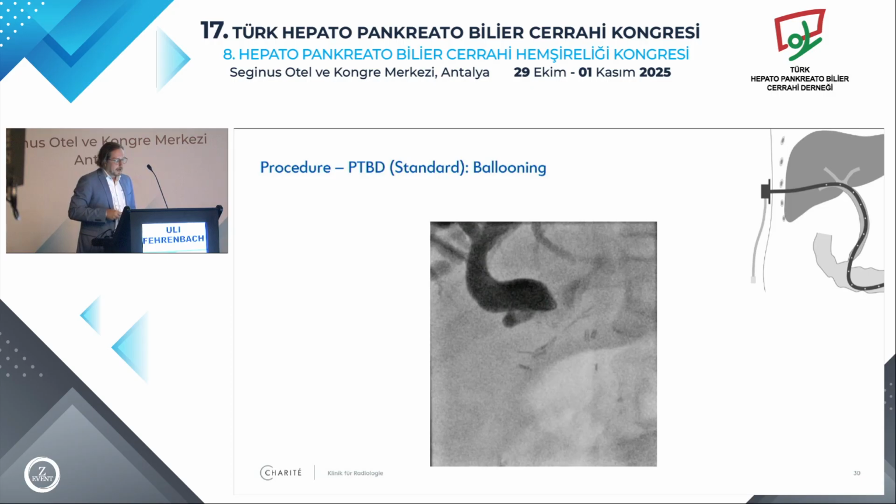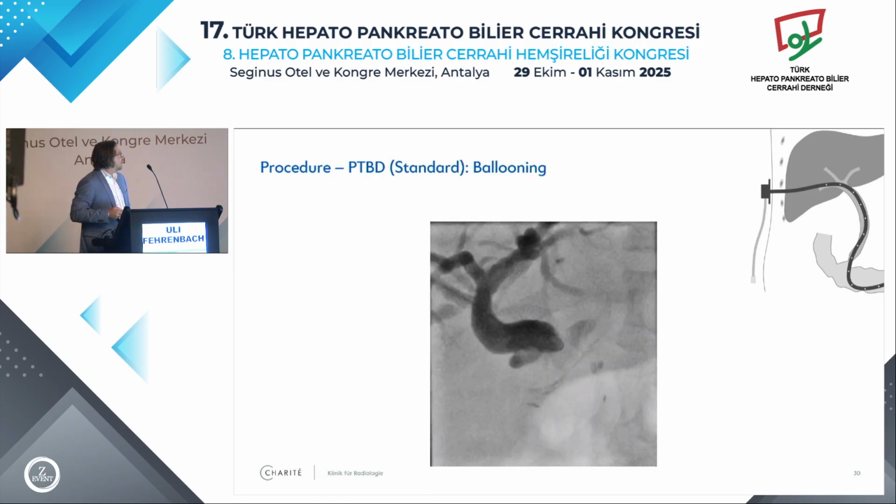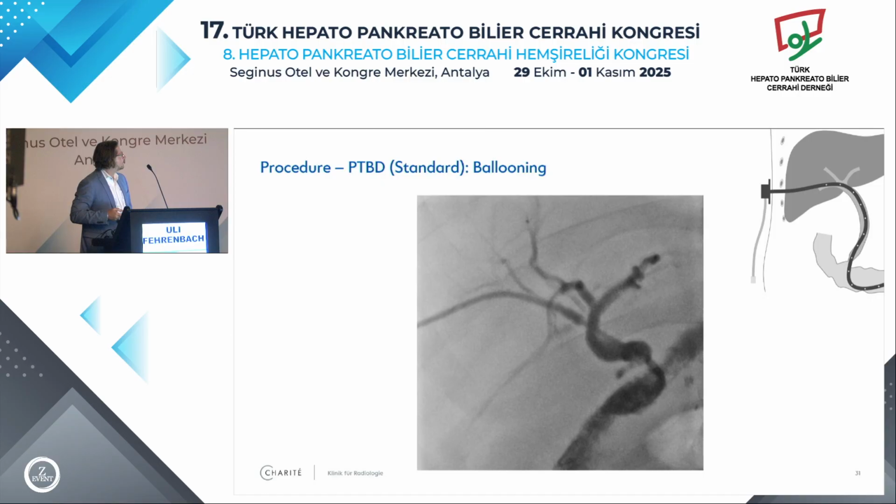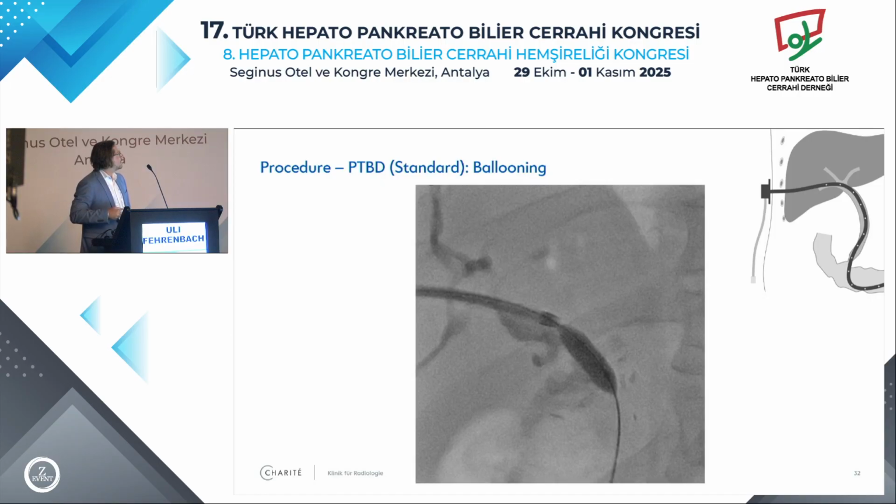Here we have a case of anastomotic stenosis after liver transplant, bilioenteric anastomosis. You can see there's almost no drainage through the anastomosis. And first we drained it. I managed to cannulate through the anastomosis, and afterwards you always try to upsize the drainage to treat the stenosis, and we also use balloon catheters